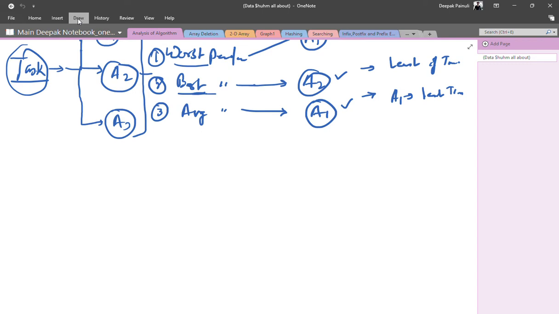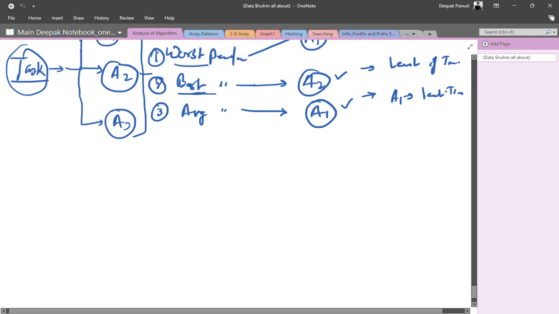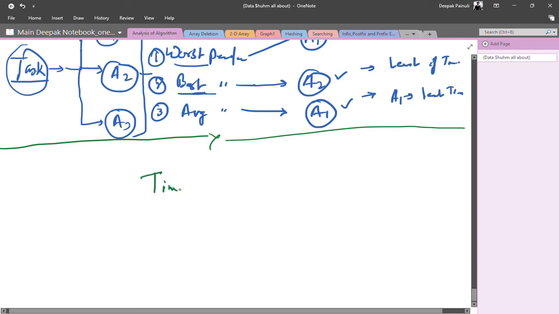So let us start. If we want to know the time complexity, how will we do that? Before this you understood time complexity measurement, or approximation of time complexity, on a mathematical basis. Now let us understand it in a practical way, right?